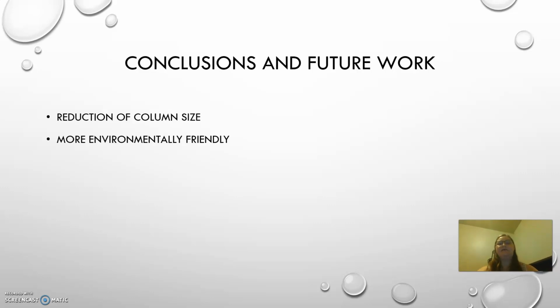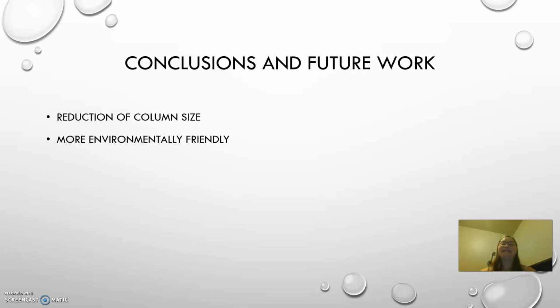For future work, what this paper is wanting to do is reduce the column size for the high-performance liquid chromatography. What this will do is allow a smaller column size, which means that we can have less mobile phase pushed through. Why this is good is because most mobile phases are not very environmentally friendly.